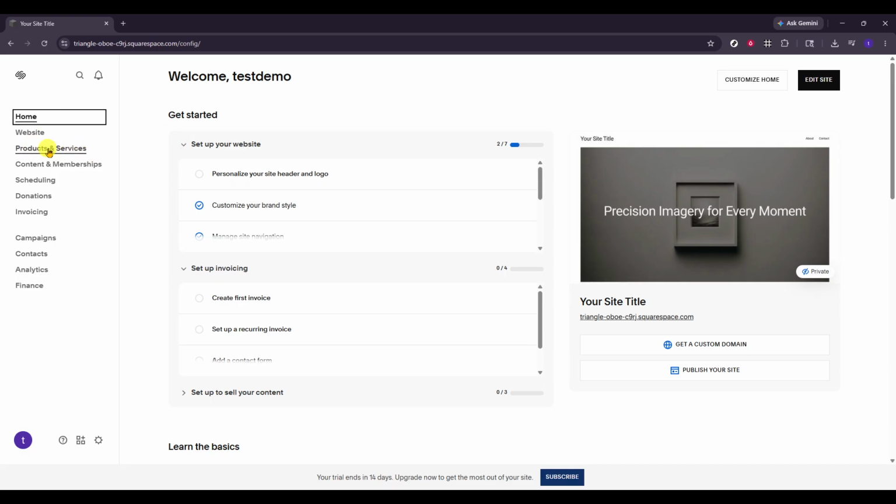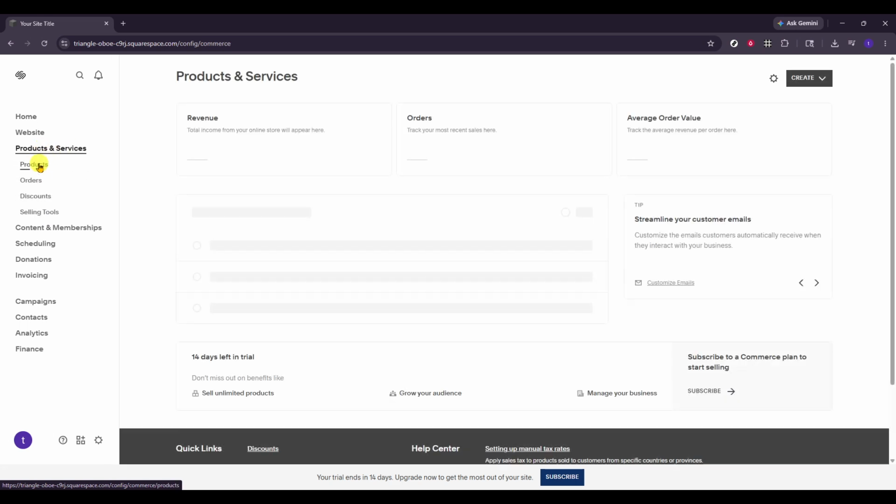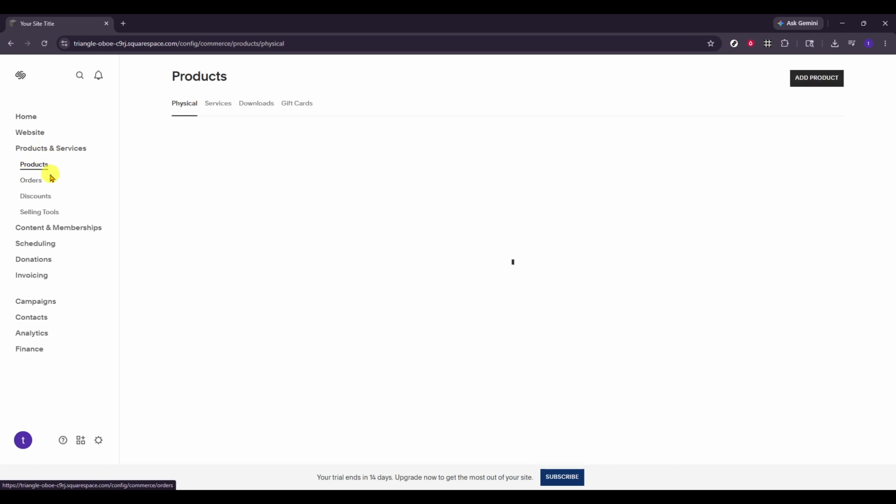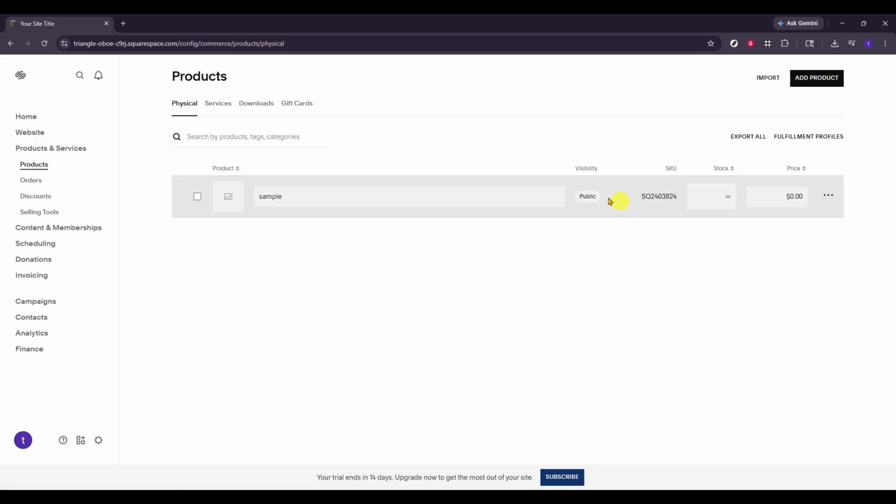Start by opening your Squarespace dashboard and navigating to your site. From the main menu, head to the area where your content and commerce tools are listed. Locate the section labeled Products and Services, then open Products. This is where all of your store items live, including physical and digital products, services, and variants. If you have a long list, you can use search or filters to find the exact product you want to